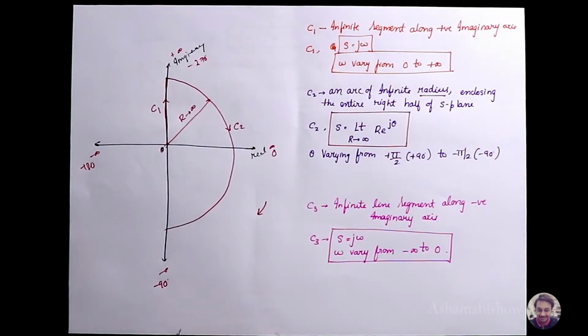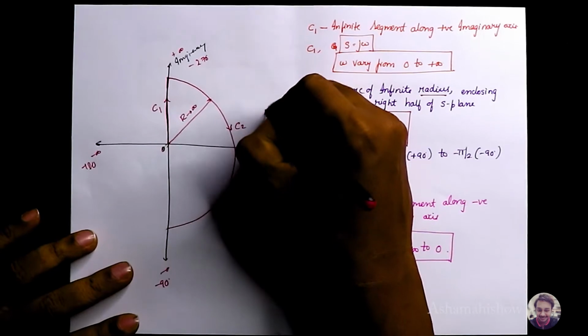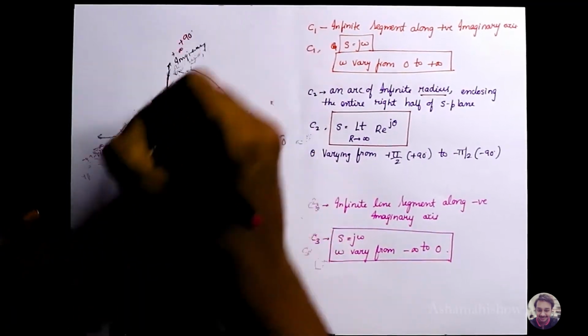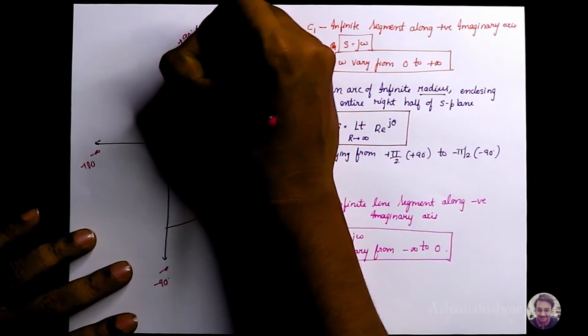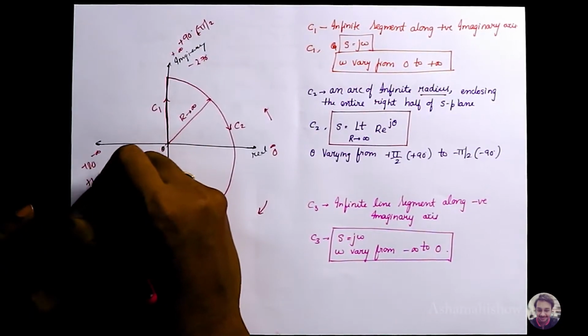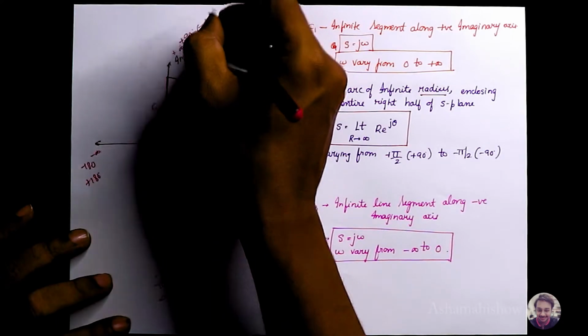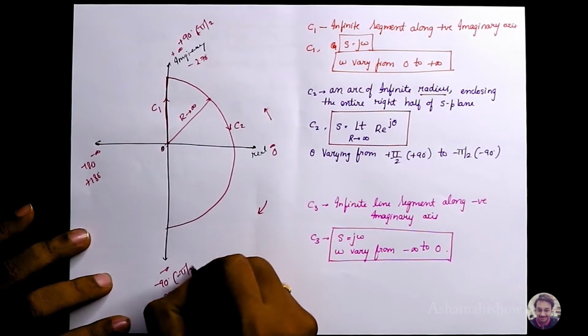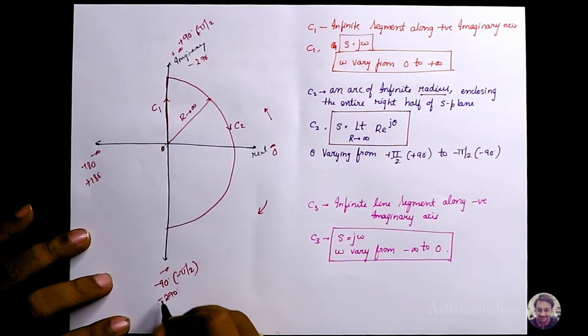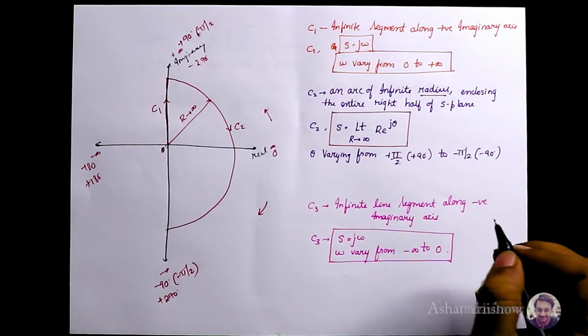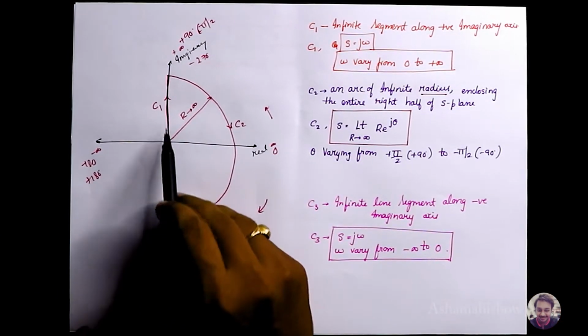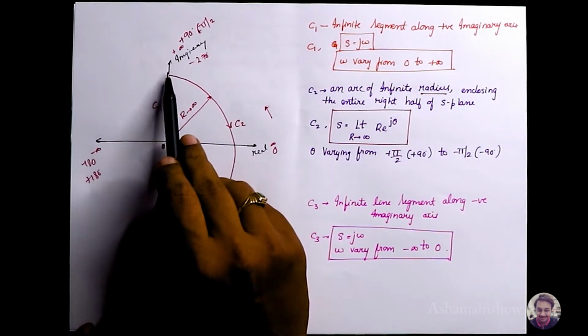The Nyquist contour is always taken as clockwise and it is negative. If we are coming anti-clockwise, this becomes plus 90, which is pi by 2, this is obviously plus 180, and this becomes minus 270. So this is plus pi by 2 and the opposite is minus pi by 2. Obviously this is plus 270. So theta, your angle, is varying from plus pi by 2,